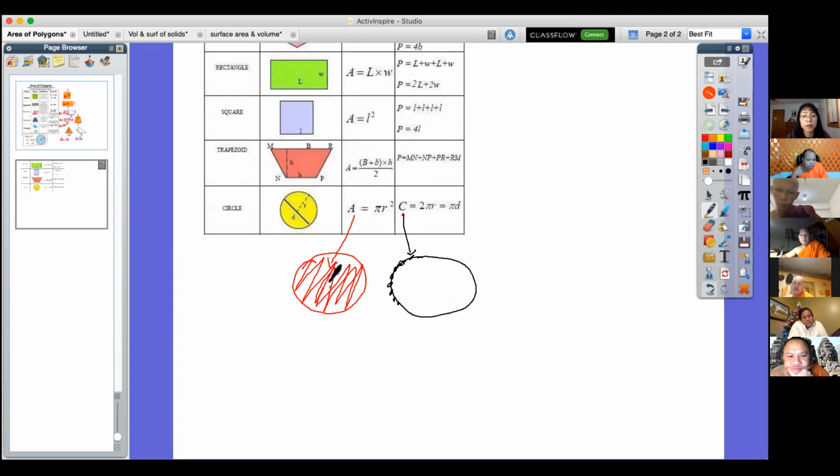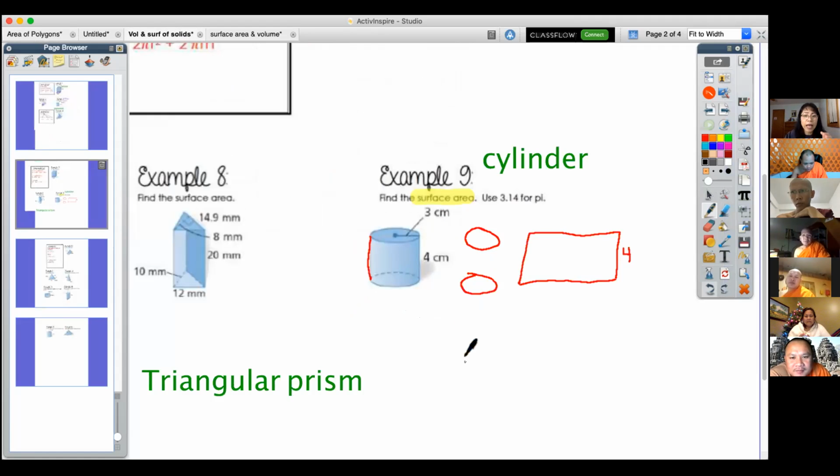inside a circle. Okay, so you understand, what is circumference? 2 times pi times the radius. The distance around the rim of the can, the length. I don't know what Khmer calls it. Distance around, perimeter. So when I take that pop can, cut it and open it, this is a 4 right here, but this one is the circumference, that goes around it. Okay, and that is 2 times